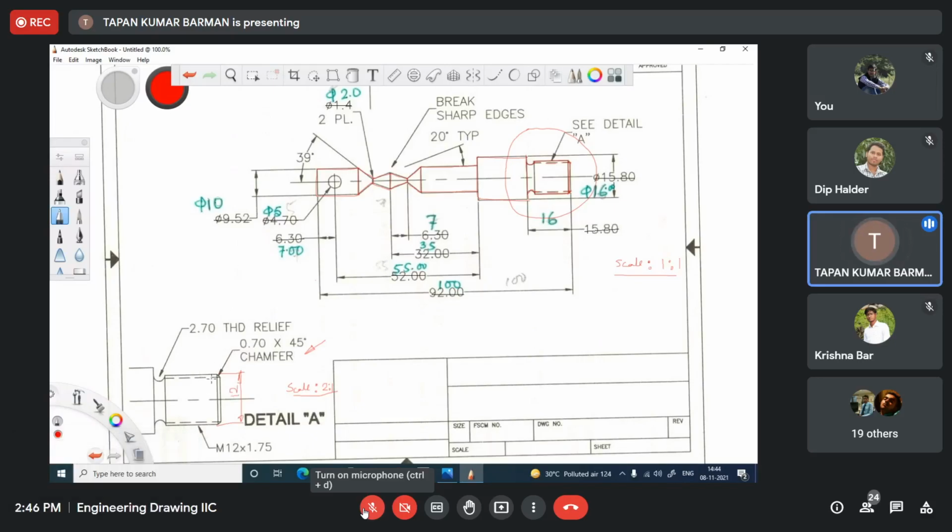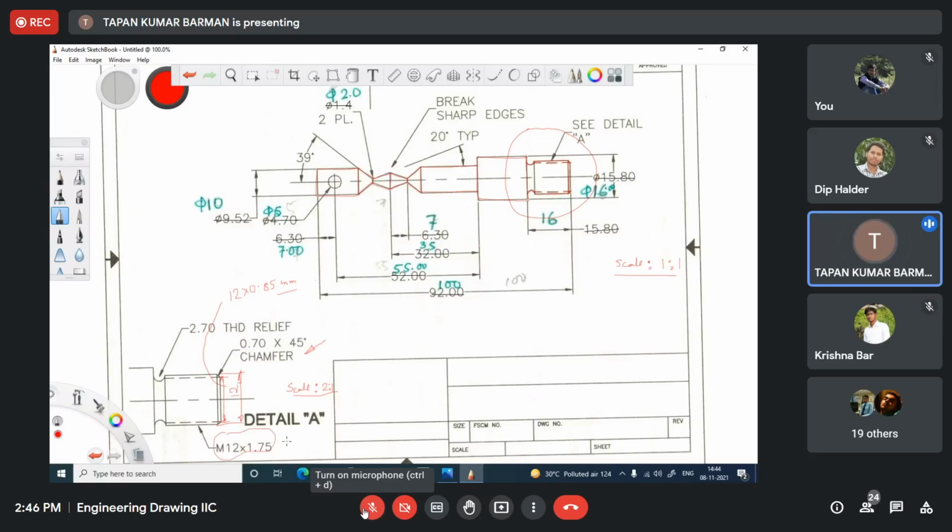And this dimension from here, sorry, this dimension should be 12 into 0.85 millimeter. Understand? That is the meaning of M12 into 1.75.